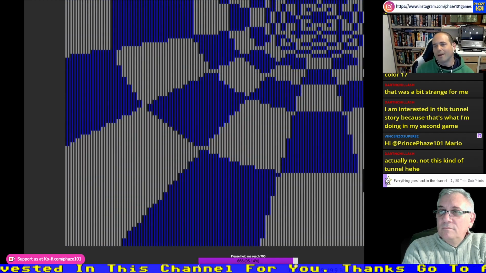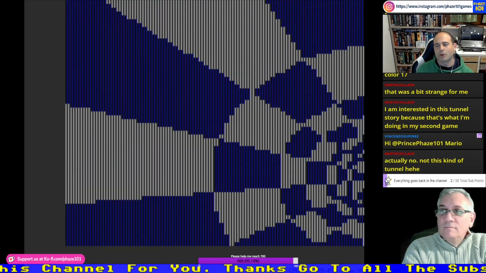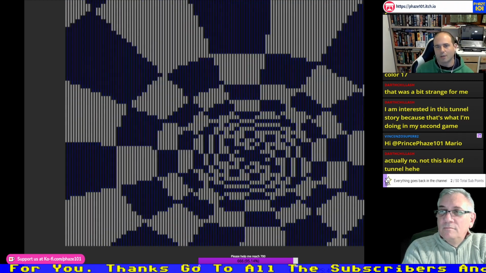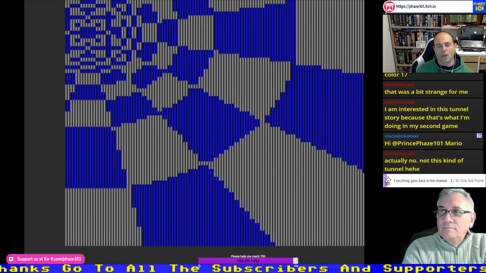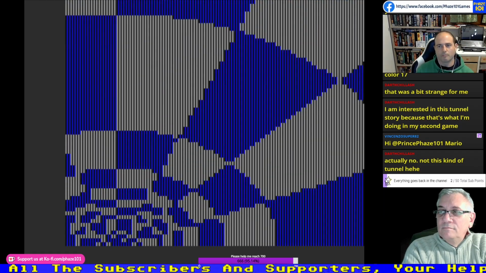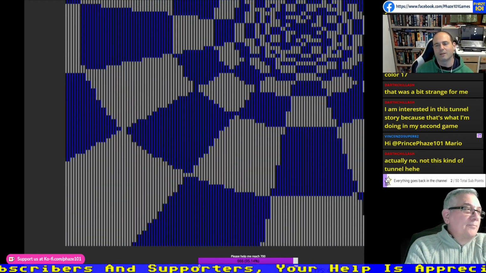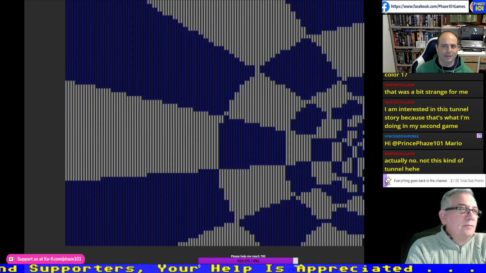So right now comes the fun, because I can just figure out something to make it more interesting. For example, change on the fly the texture, or maybe change the colors, or make it faster, or rotate backward. So a lot of things can be done right now because it's